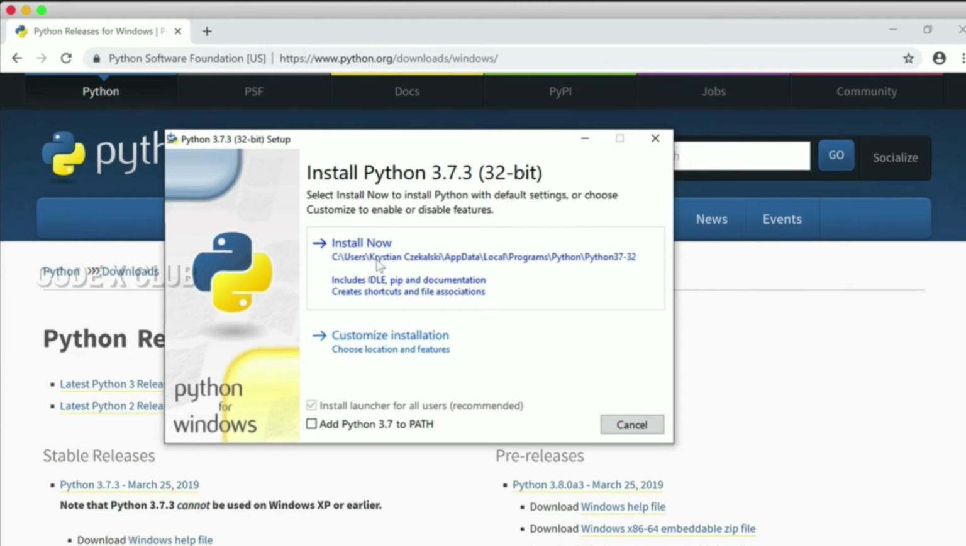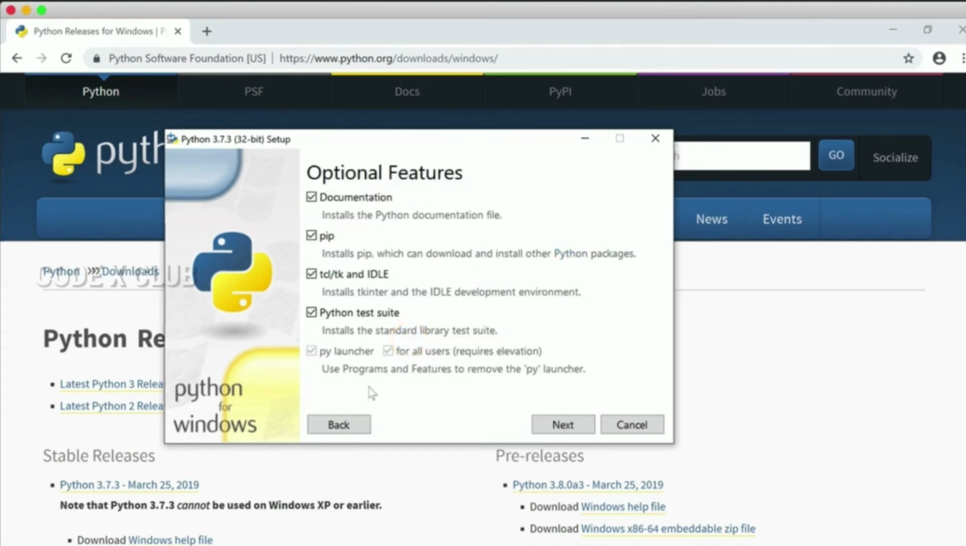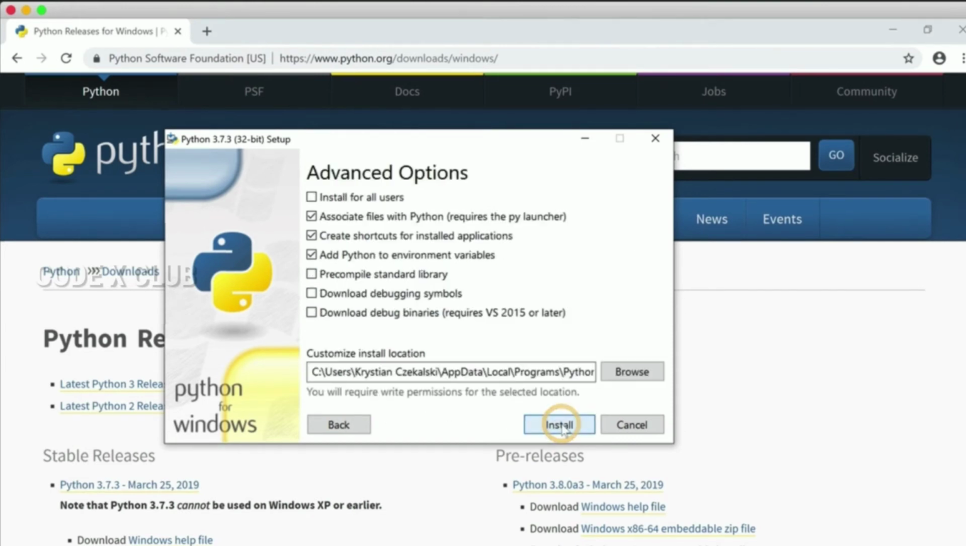So you can install this version or you can customize it, but a very important part of this will be to add Python 3.7 to the path. That means Python 3.7 will be added to the path and we can use it in the terminal. So we will customize this, and you can actually do some options, but I will leave it as it is now. I will click next,